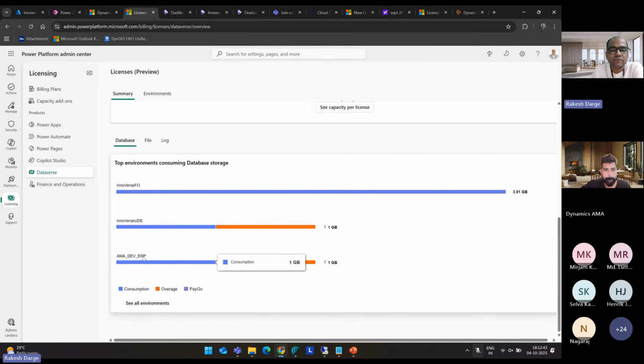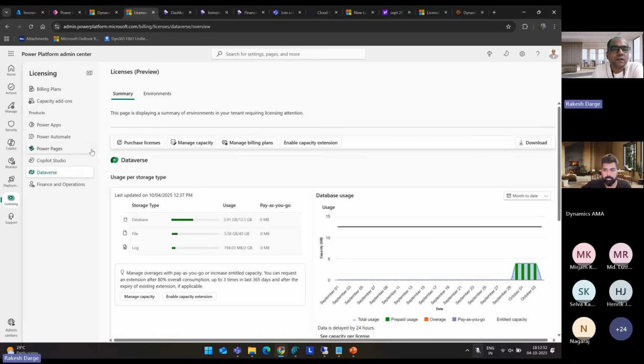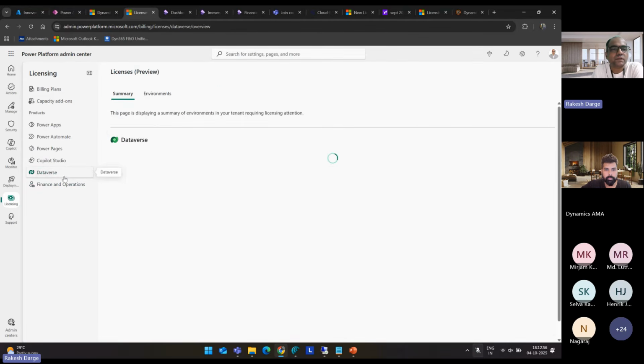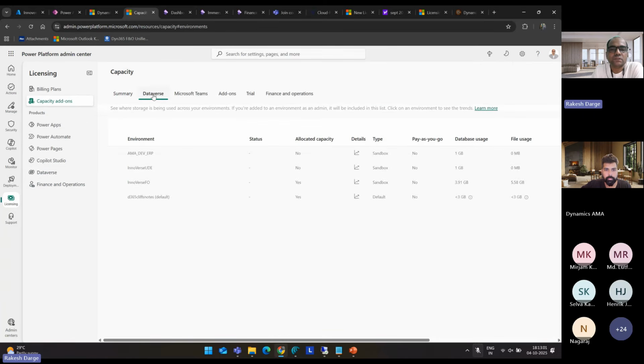You can see I do have 3 environments. One environment which I'm regularly using has close to 4 GB. The one which we deployed just took 1 GB. Okay, I'll just go back again to finance and operations. Sorry, capacity-based licensing here, right? And if you go back to the Dataverse, here also you can see all this information for what I have deployed. If I click on the one which I deployed, the UDE one, and look at this size, you can see the 1 GB size here.